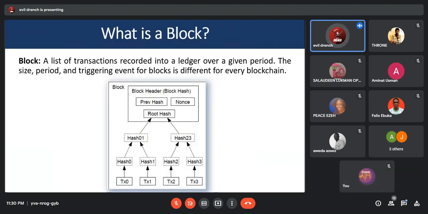So what are blocks? Blocks are lists of transactions recorded into a ledger over a given period of time. The size and period length for blocks is different for every blockchain. To understand a block, let's start with the underlying traditional data model, and then we are going to jump into the blockchain network to understand how they are chained together, right? So in the next slide,